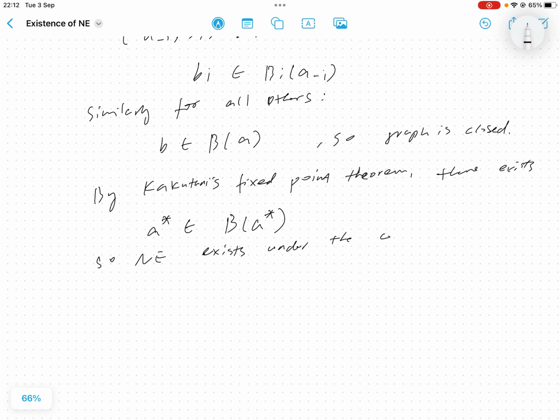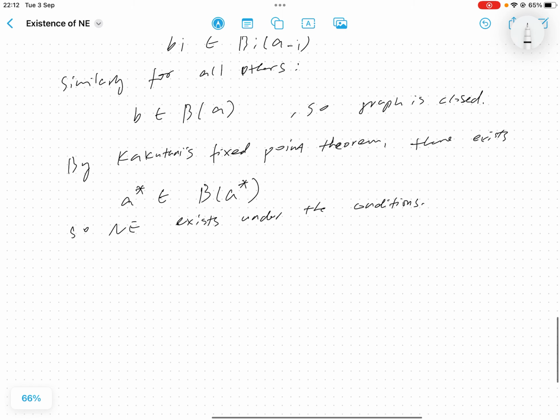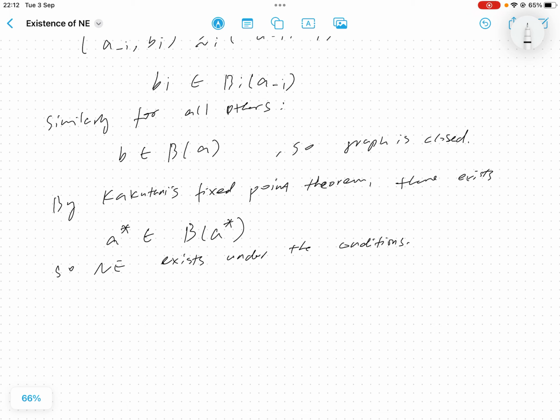under the conditions that we mentioned, right? Okay, but we notice that actually those conditions are not easily satisfied, right? So for example, in the finite action space, sometimes the pure strategy Nash equilibrium doesn't exist, right? And also if those preference relations are not continuous, the existence might fail, right? Again, the fixed point doesn't exist, since the action sets are discrete,